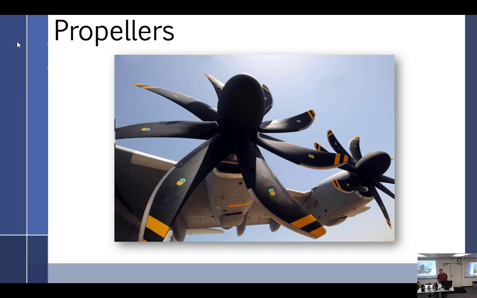Okay, propellers. I think I went way overboard on my notes for propellers, and I probably made things more redundant and complicated than I needed to, so I'm going to have to cut a few things out, maybe get us a little back on track, and give you the information you need without, like, that was a bit much.